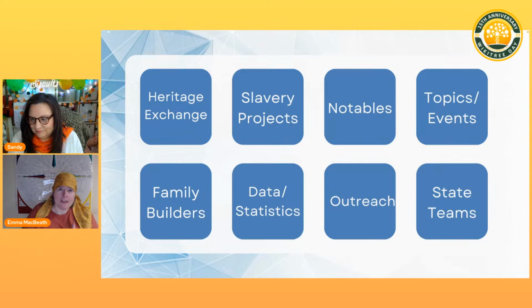We have a kind of complicated system of space pages and categories, but every single one of those pieces does something super important for us. So we're sticking with that complicated system because it's really working for us. And so we've tried to find lots of ways to help people learn the system. We have a class every second Tuesday of every month at 4:30 Pacific that people can join us to if they want to learn the Heritage Exchange system. And we basically do a live walk through. We take a document and we walk through it live of how we go from just document to profiles and getting everything on WikiTree.